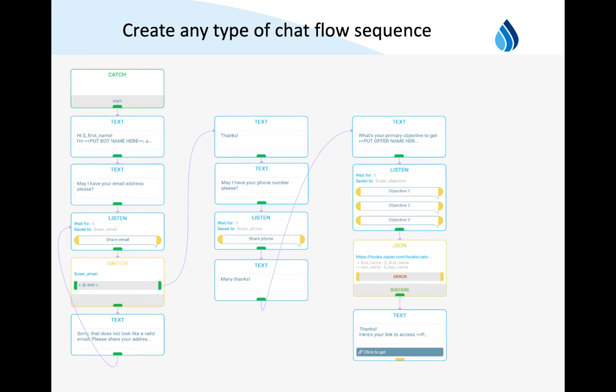Now, the beauty of this is that you can create a user flow that's specifically for the style of question you want answered, or specifically for the type of customer you want to target. But the point of this is that when they come to your page, instead of just getting the stock standard message of, hey, we'll get back to you, there's actually the opportunity for them to say, would you like a quote? And they say yes, and then they click on the yes button, and suddenly the chatbot's